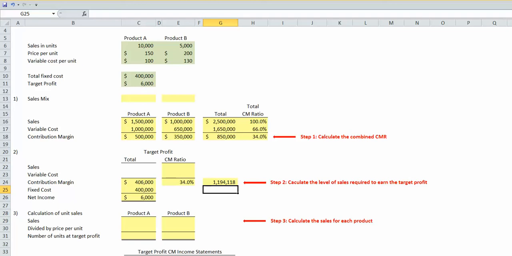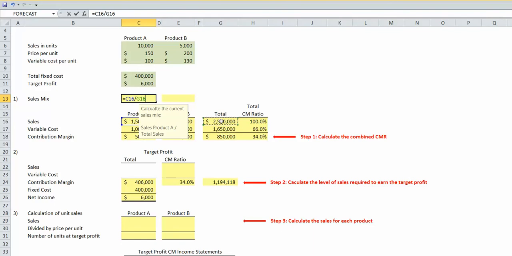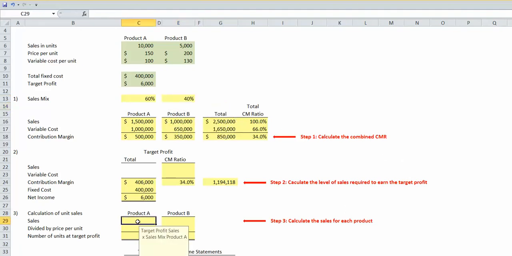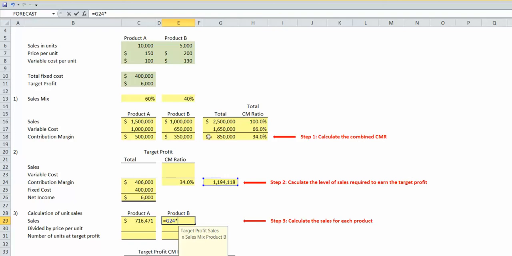Finally, we need to calculate the level of sales for each product. We do this by first calculating our current sales mix because our underlying assumption is our sales mix remains constant. Our sales mix for product A is the 1.5 million divided by the 2.5 million, or 60% of our sales are for product A and 40% of our sales are product B. We can now apply that sales mix to our total required level of sales at break even, and we get sales for product A of $716,471 and sales for product B of